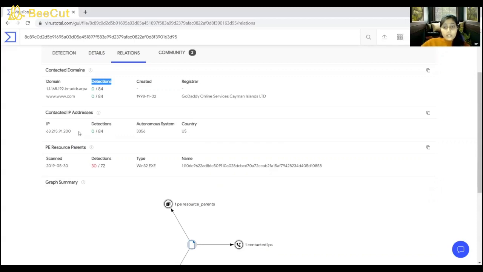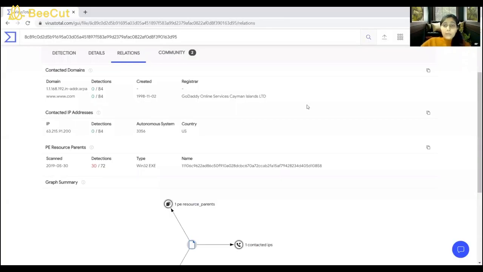The country location of the network pickup file is the US, United States, with autonomous system 3356 and detection 0 over 84. This is the IP address of the autonomous system in the US for this file.